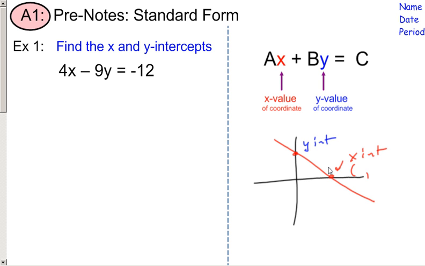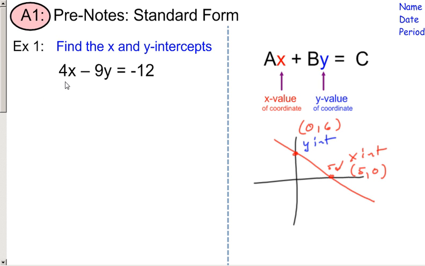Let's say it's 5 on the x value, and then this will be 0 for y. Conversely, if we have the y-intercept, we know that it's going to be 0 for x and whatever number it intercepts at, so let's say 6. So by knowing that the y-intercept is at 0 and the x-intercept is where y equals 0, then we can use that information to find the x and y-intercept of